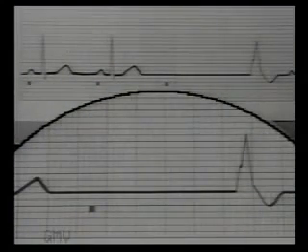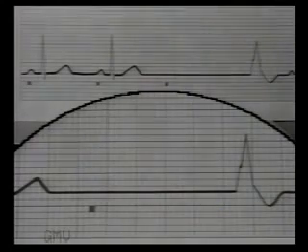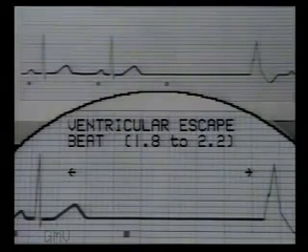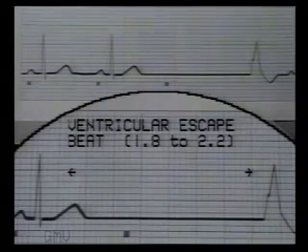This ECG shows a sinus arrest with ventricular escape beat. Note the preceding normal sinus beat and normal T wave. Then note the escape beat, which has no P wave, wide and bizarre QRS complex, and T wave in the opposite direction. So this is a ventricular escape beat. A ventricular escape beat occurs after 1.8 to 2.2 seconds.